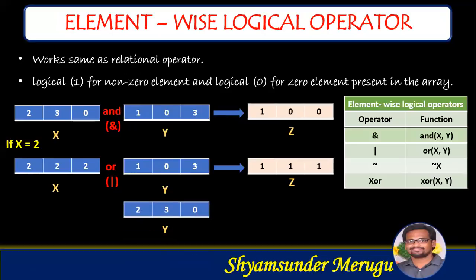Here there is a variable y having the values 2, 3, 0, and we are going to apply the NOT operation. When we apply the NOT operation to the non-zero values, we get logical 0 as the output, and when we apply the NOT operation to the 0 value, we get logical 1 as the output, and that output will be assigned to a logical variable z.